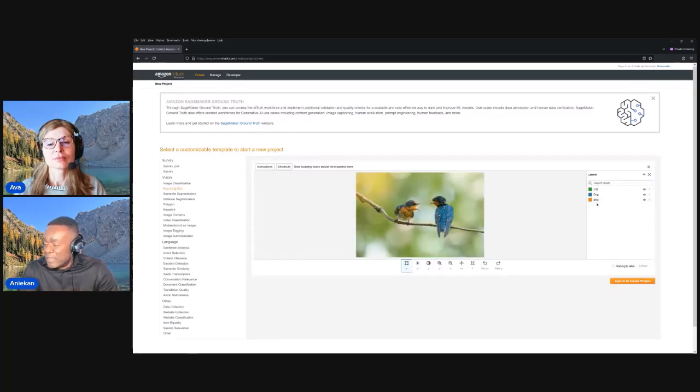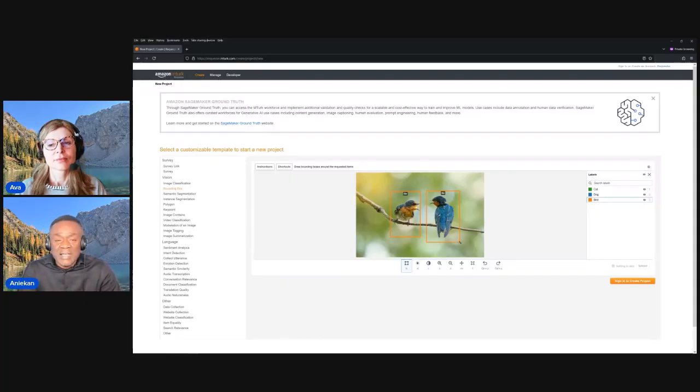They would say, okay, this is a bird, and then create a bounding box around it. So depending on which machine learning algorithm you want to use, you can bring in human labelers to label your images so that you can pass that data to, in this case, a supervised learning